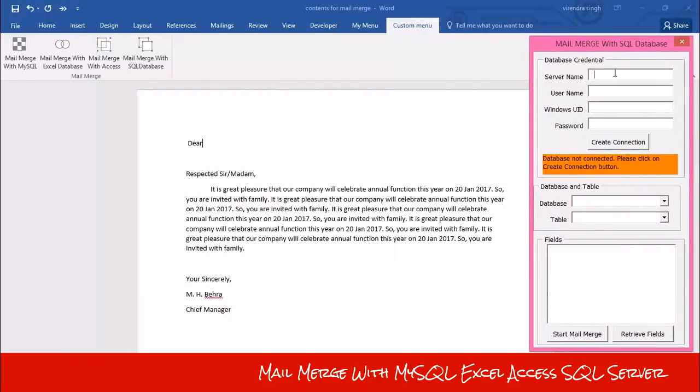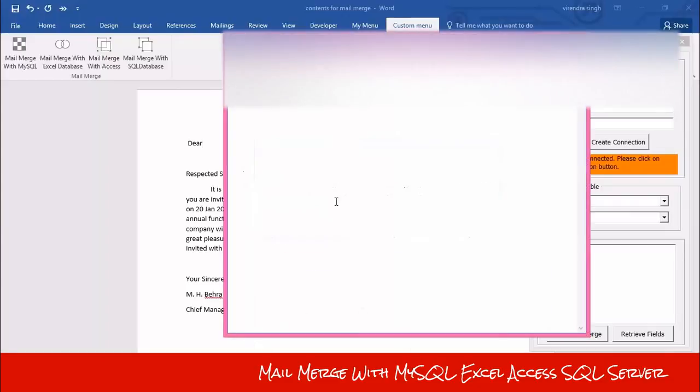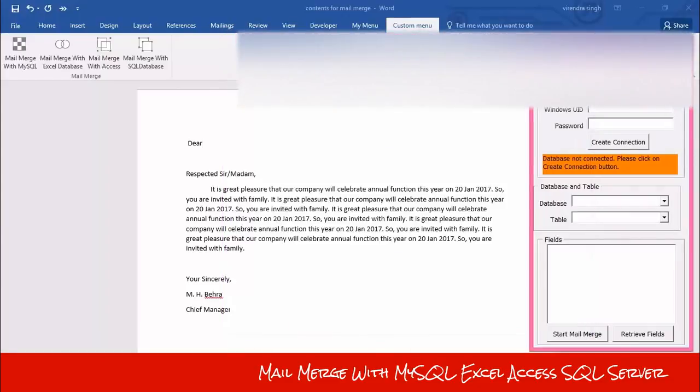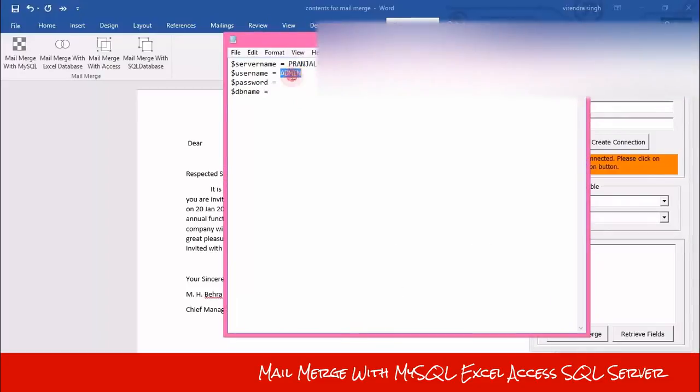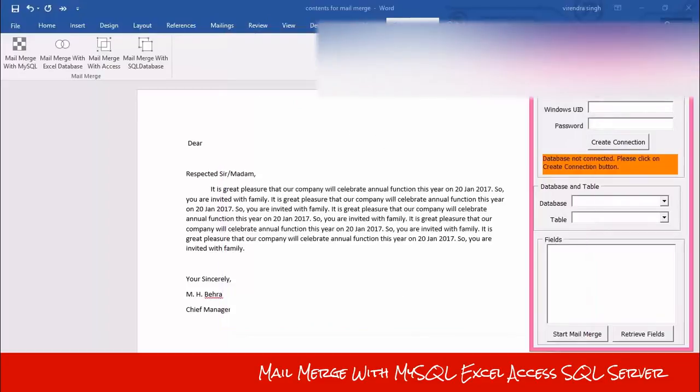I need to put in some database credentials regarding my SQL server. This is my server name, and this is my username.